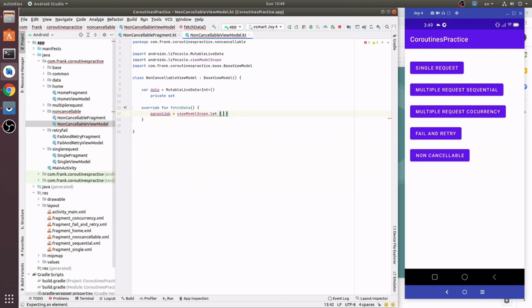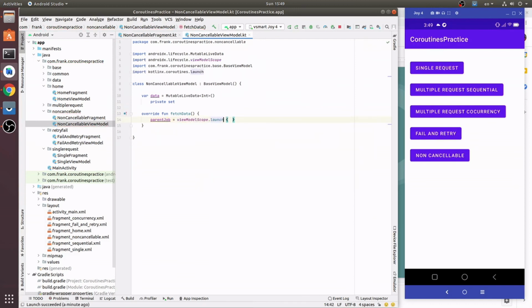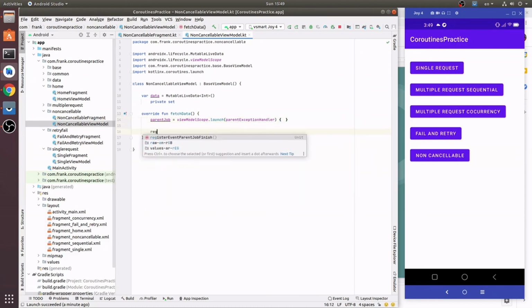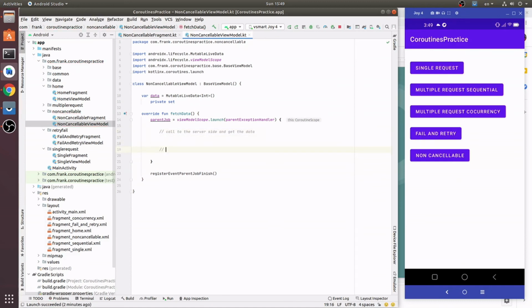In here, as in the other fragment, we assign a launch of viewModelScope plus, sorry, and pass the parent exception register and job. In here I will demo a process: the first time we call to the server side and get the data, and when we have the data we want to show it in the UI, and we also want to save it in the